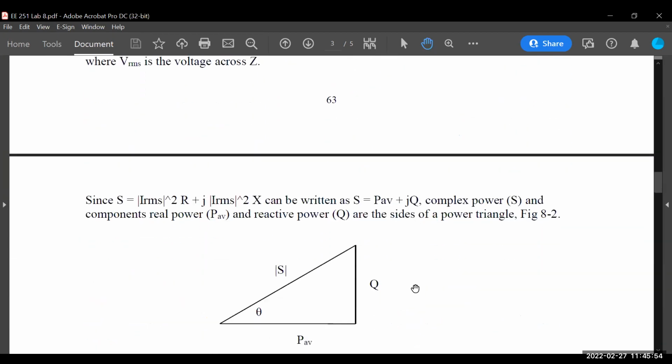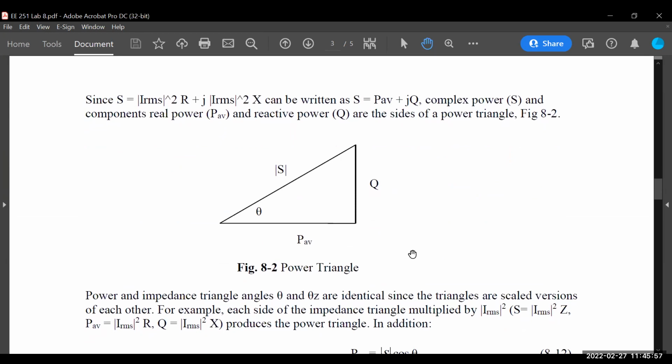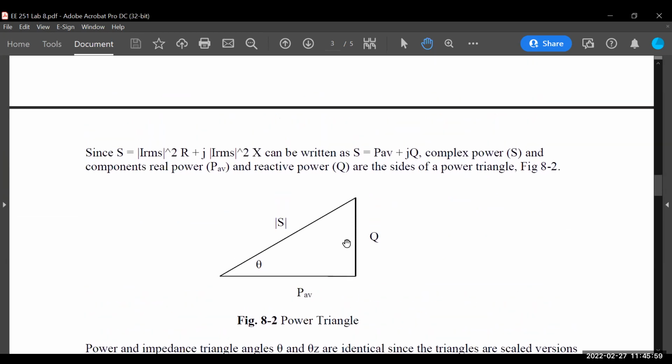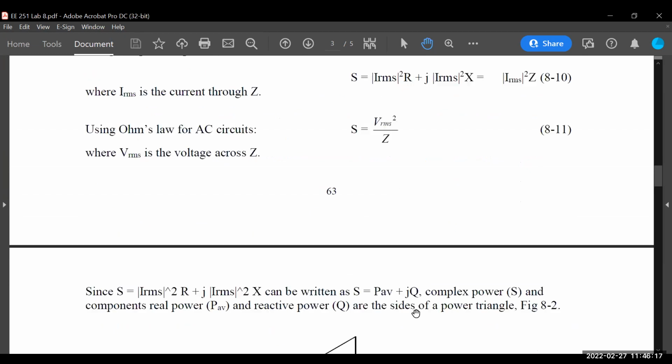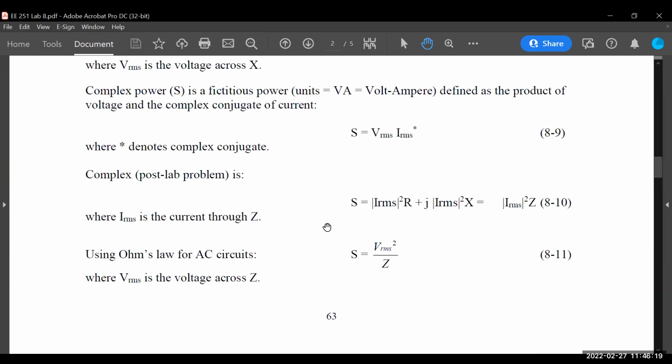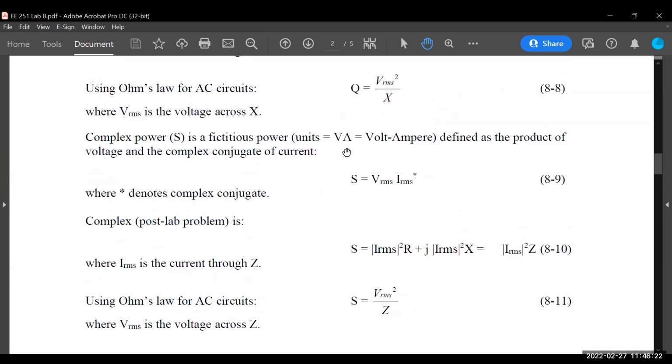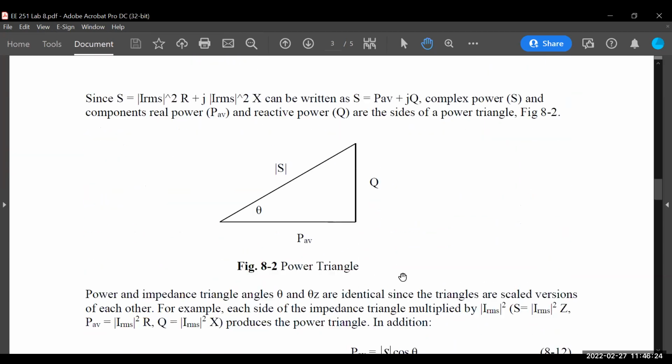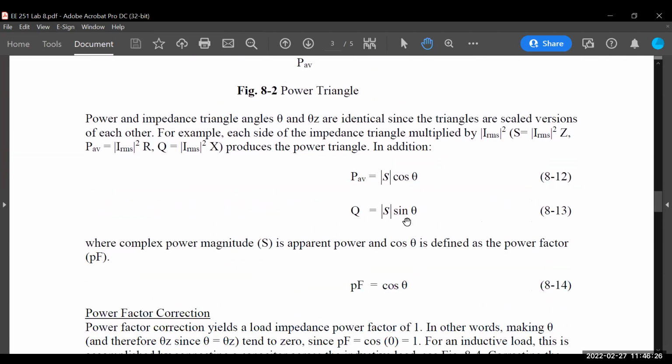When you have all of those quantities, you can create the power triangle. The magnitude of S, which is the hypotenuse of the right-angle triangle, is also known as the apparent power. The units for apparent power and for total complex power is volt-ampere, VA. So in our circuit,